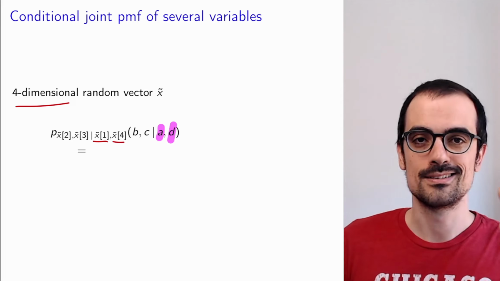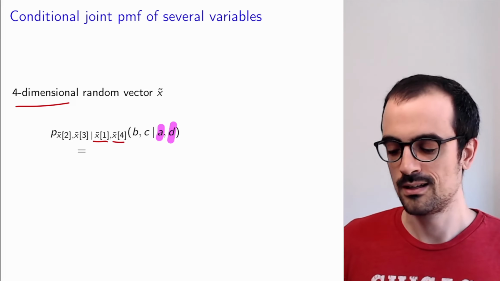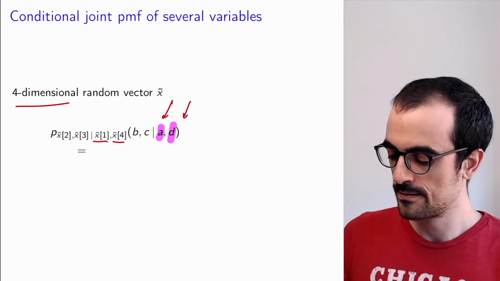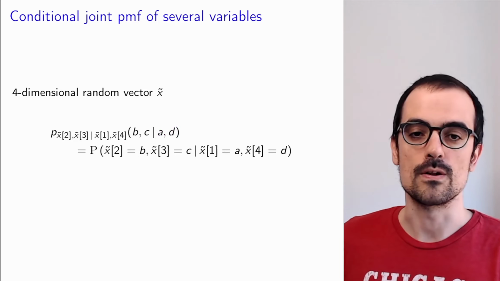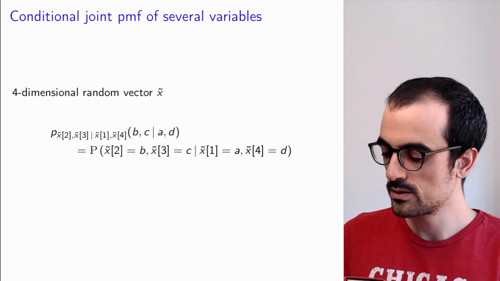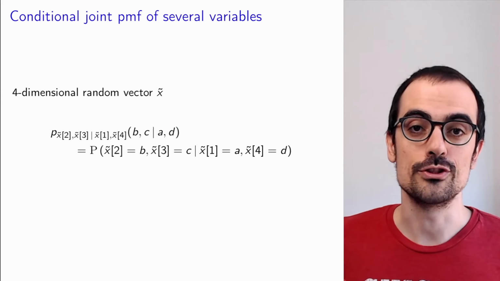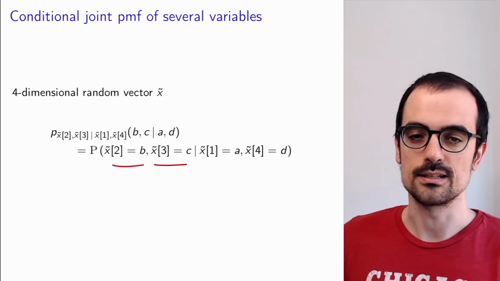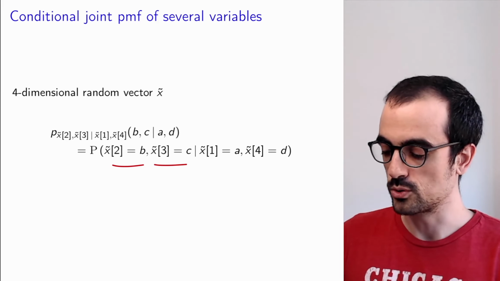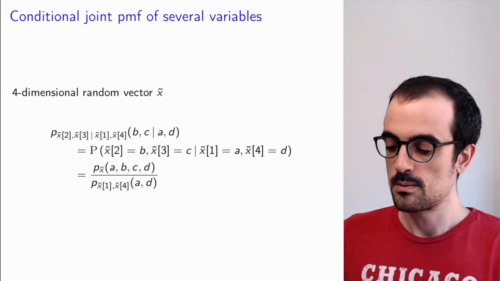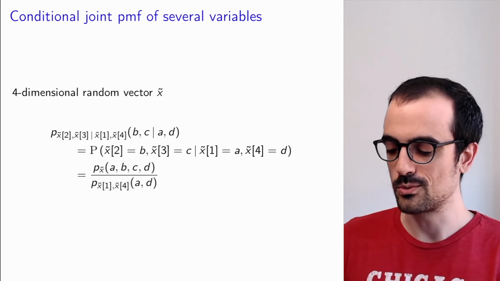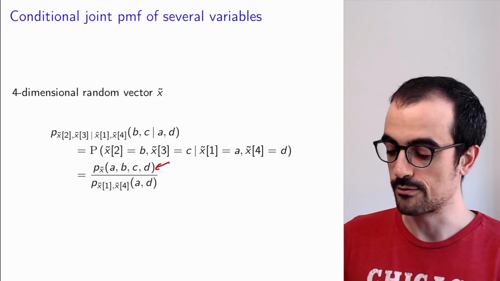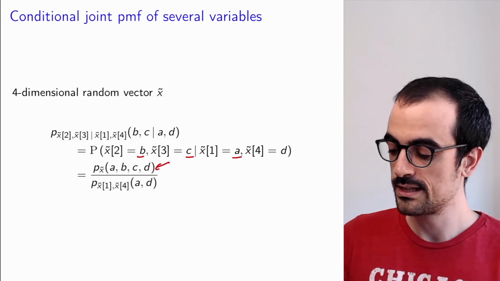Well, we basically freeze the values that we're conditioning on. Okay, we freeze these guys, and then we consider the joint PMF over the rest. This is going to be the conditional probability that the second entry is equal to B, the third entry is equal to C, given those frozen values. By definition, that is equal to the probability of the random vector taking all of these values